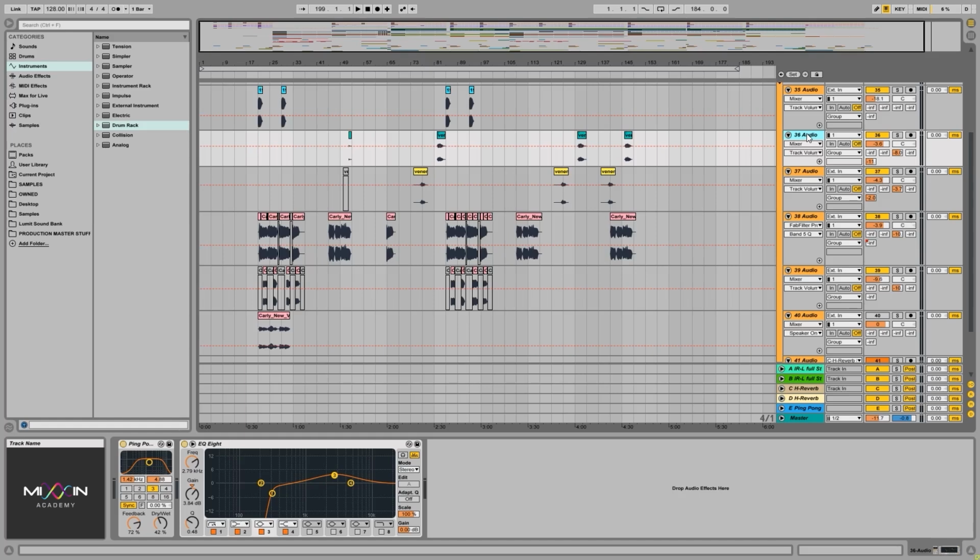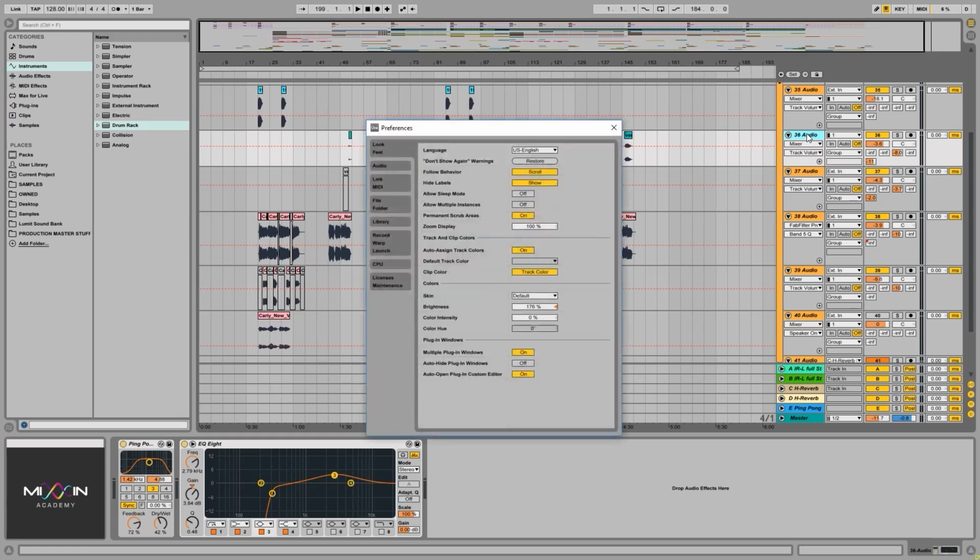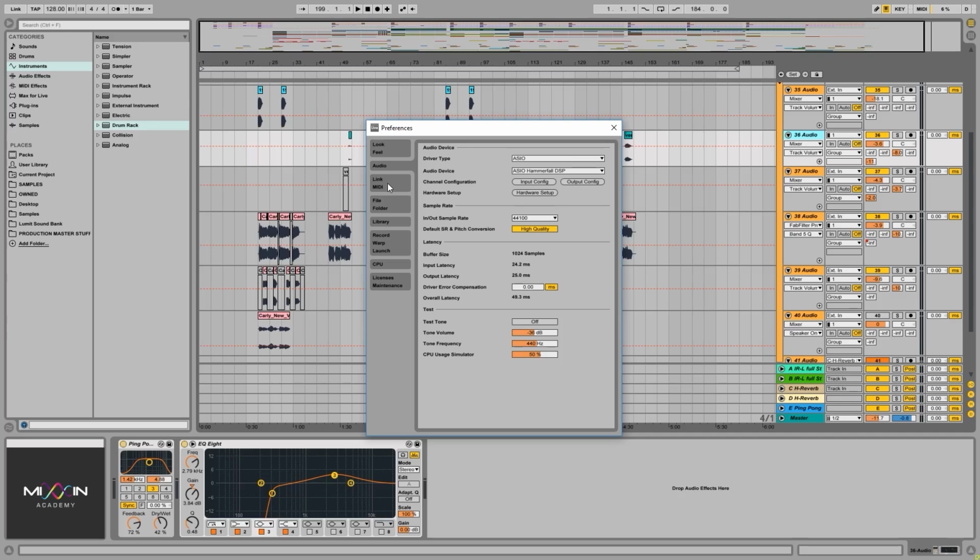size. Now, what a buffer is, is actually a memory block that's being processed at a time. So if that memory block is bigger, the computer handles it more easily. So if we want to do a lot of CPU intensive processing, the bigger buffer is going to be better